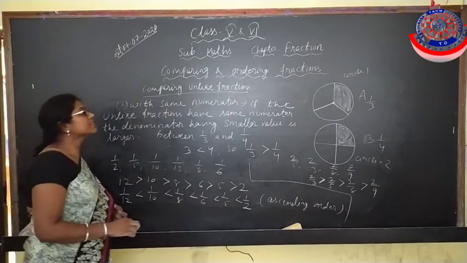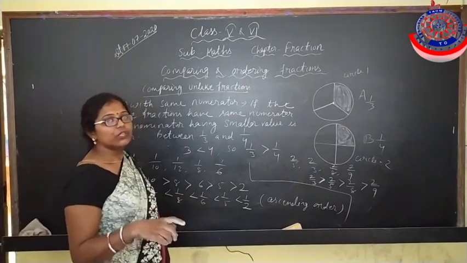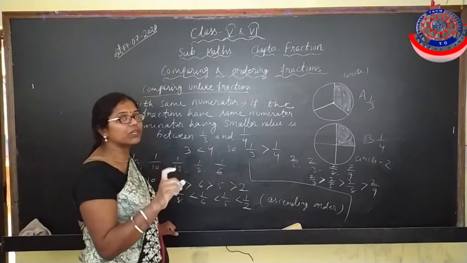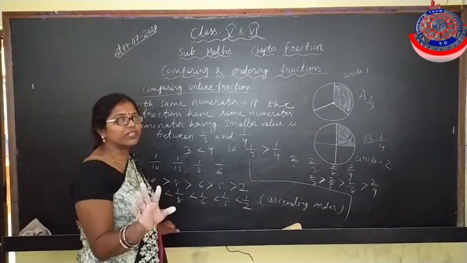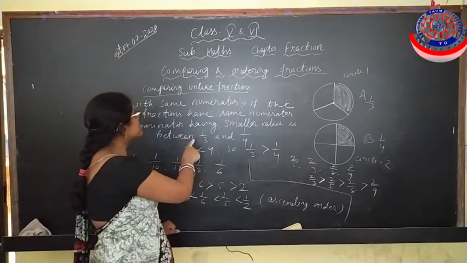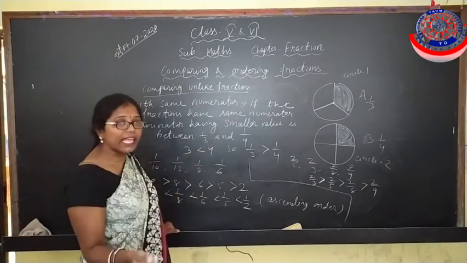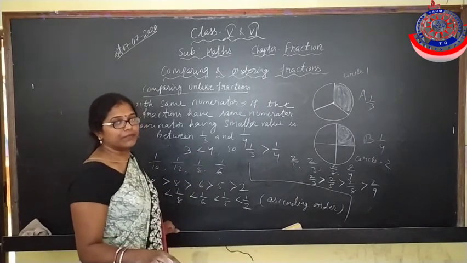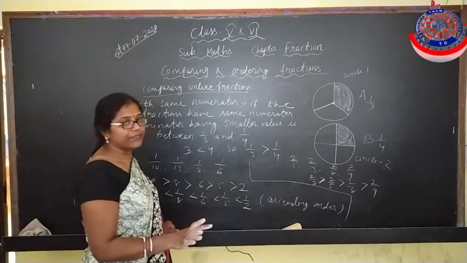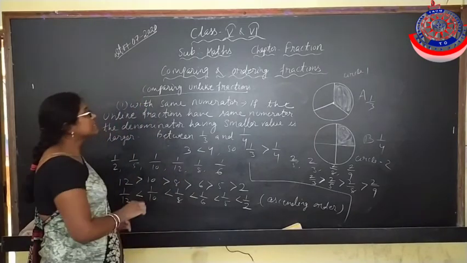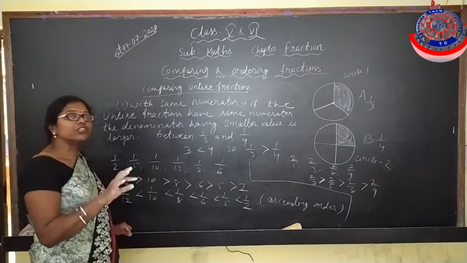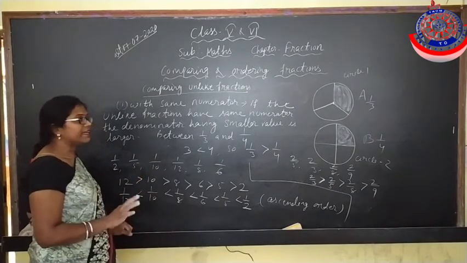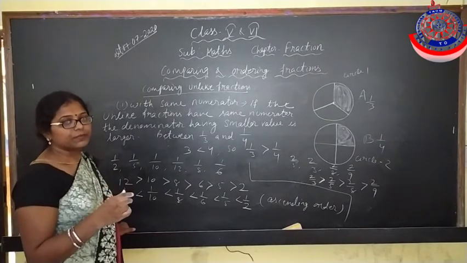Now we will discuss the case in which the numerator is also different. In the first case we discussed like fractions, in which all the denominators are the same. In the second case we discussed unlike fractions where the numerator is the same but the denominators are different. And the third case is where the numerators are also different. Numerator and denominator are both different, and it has two methods.